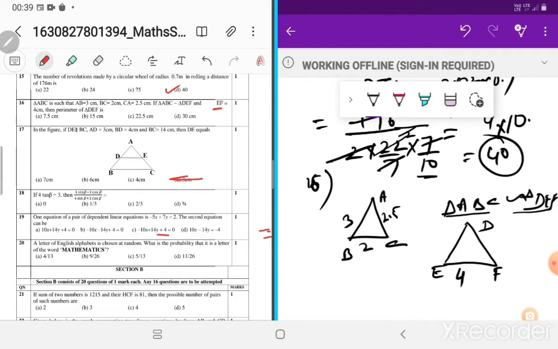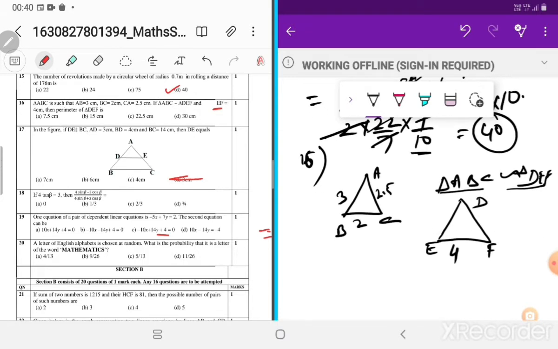When two triangles are similar, we know one formula. If ABC is similar to DEF, then the ratio of the corresponding sides will be equal. You should know all the properties. We did all the theorems, 5 theorems. In that theorem, its result is there. What is the result of that theorem? If two triangles are similar, triangle ABC similar to triangle DEF, then the ratio of the remaining sides will be equal. Like any two sides you can take.